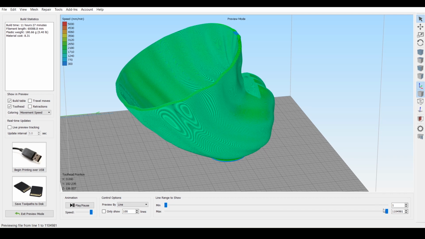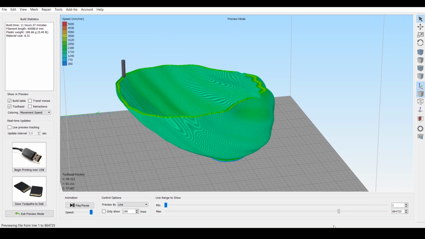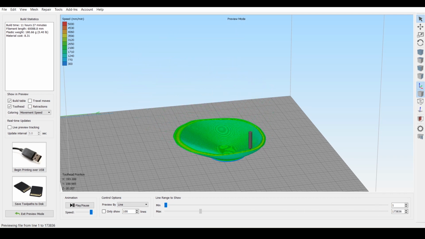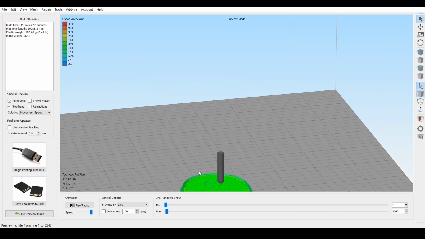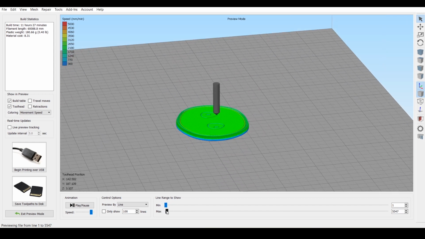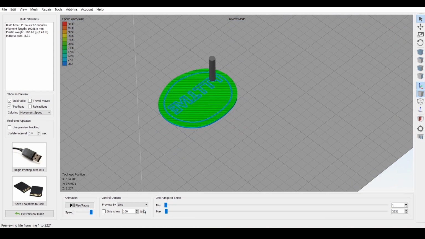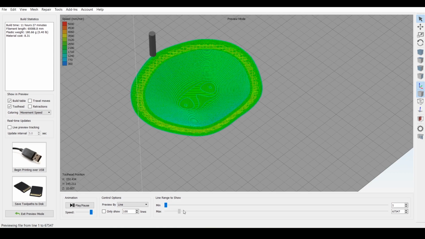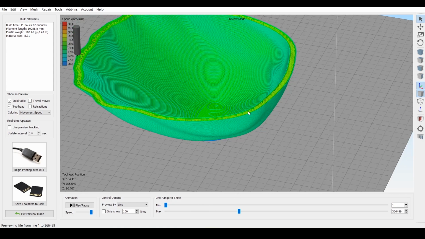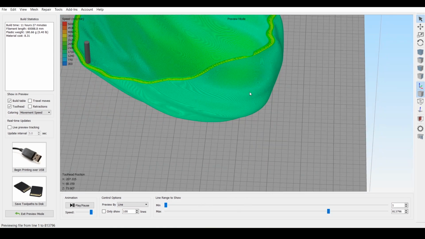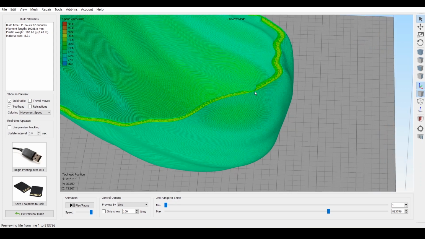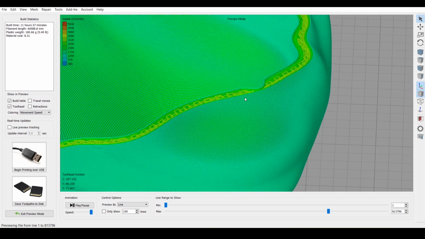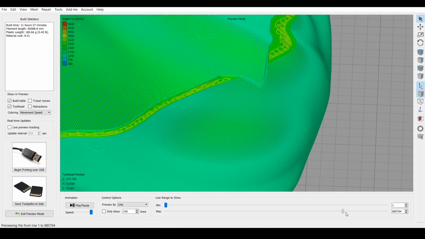And as always, it's great practice to scrub through your slicing to make sure everything looks good. We got a nice raft there. And then let's see if our text showed up. There's our logo or titles. And then everything will just print. All that looks good. I'm not seeing any artifacting. You can see when our phone case comes in, it's a nice thin wall, but not too thin. And it'll just